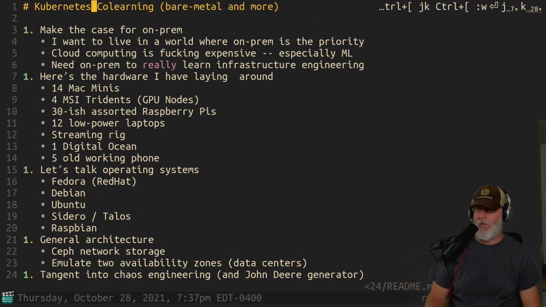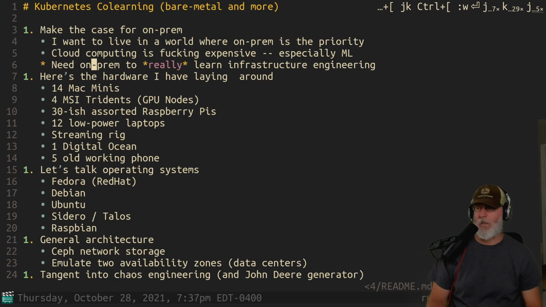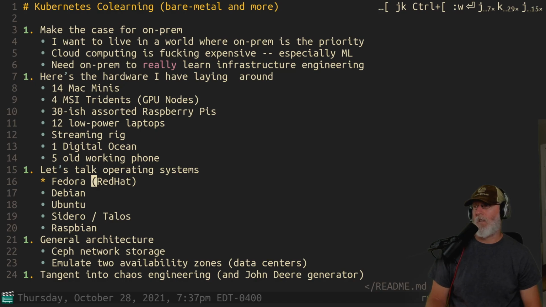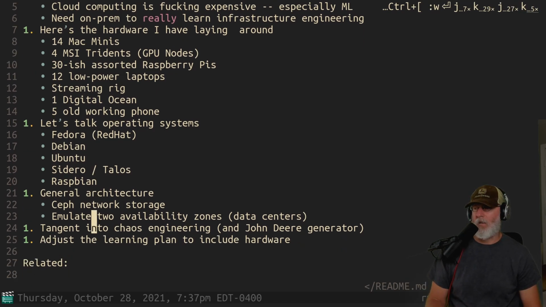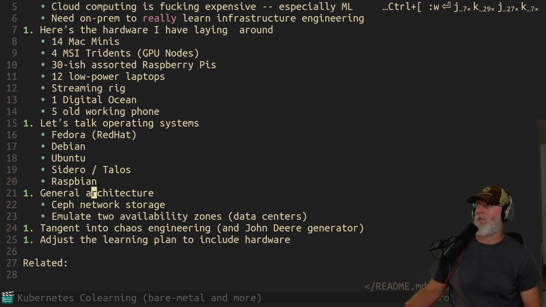This has been a really good session though. I think we're kind of getting ready to take a break before the next one, so I'm probably going to stop here. When we do architecture next, which will probably be tomorrow, let me get the schedule. So tomorrow afternoon, we're going to be doing more Kubernetes Colearning, and I'm going to be doing hardware architecture.